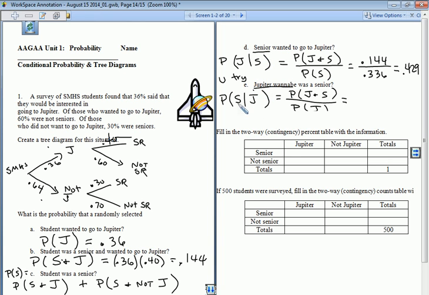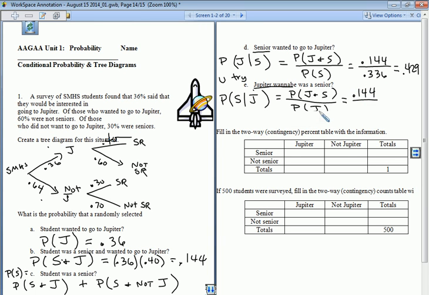That's our condition. So it's the probability of senior given Jupiter wannabe. And so it's the probability of Jupiter and senior divided by the probability of Jupiter. The probability of Jupiter and senior we found was 0.144